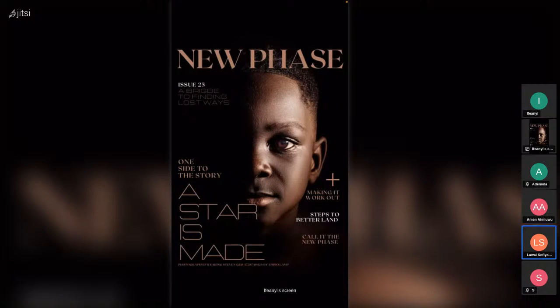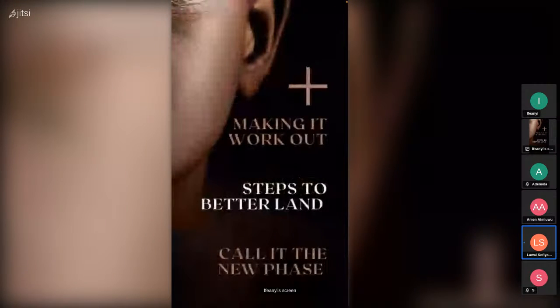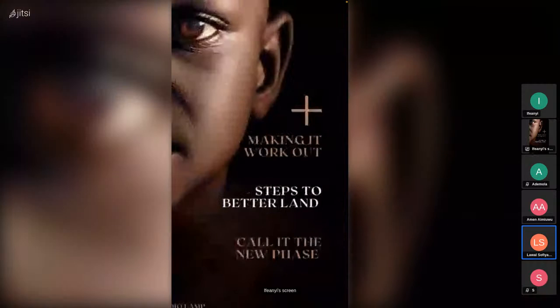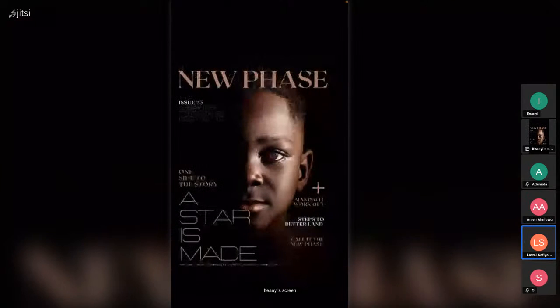The only thing here is that the color you use is fine, okay, but if the color is bold enough, I will be able to see the content under this plus sign that you wrote here. I cannot see it very well because of the font, unless I zoom and check. So let's say the color was a bit bolder than this, it will be more okay. Apart from that, okay, well done.